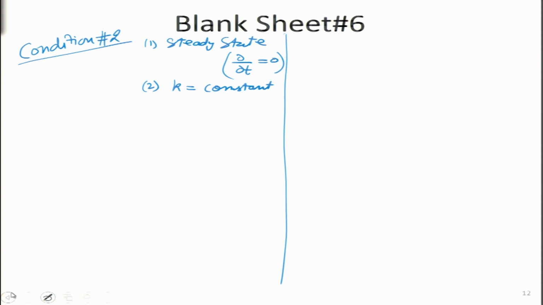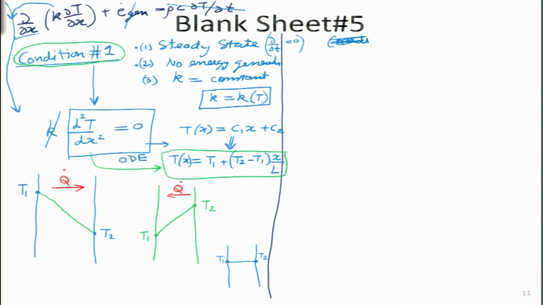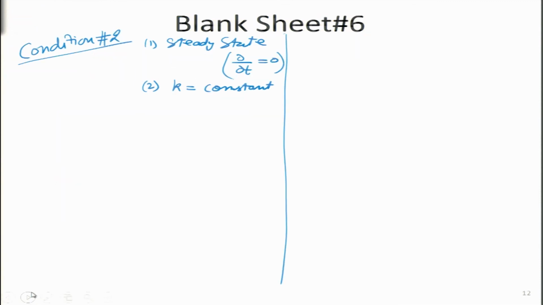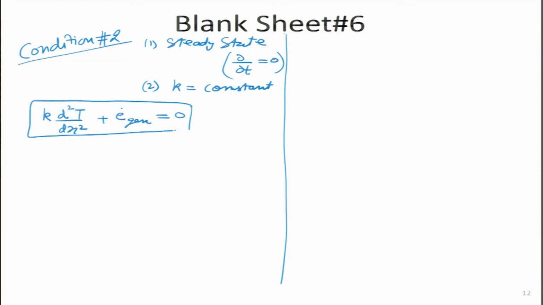Now, if you go back and look at the heat transfer equation over here, this is the general heat transfer equation. If I make 2 assumptions, then I think everyone can remember the right hand side will become 0, because del T by del t will be 0. So, what I will be left with is K del square T by del x square plus E dot gen, which will remain, because that I have not assumed is 0. So, this is the simplified equation that I will get under condition number 2 or case number 2.